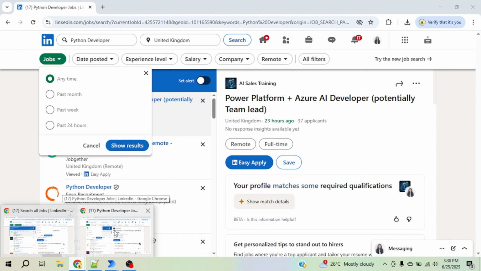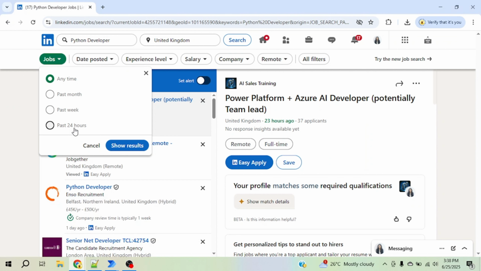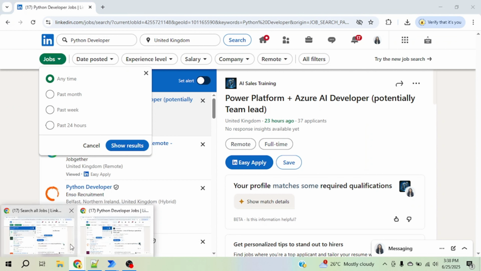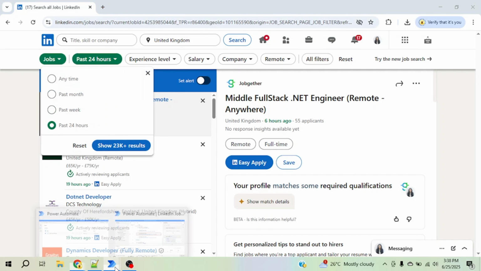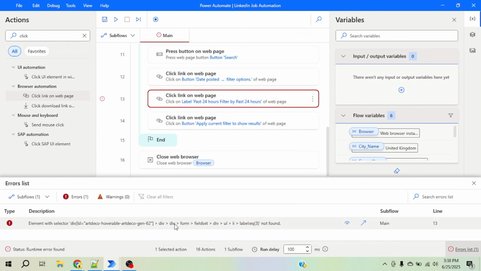But while our code is running, I think it is past 24 hours, and here it is also past 24 hours. It's the same, then. Let me see what could be the error now. Div. Okay, I think it is not finding it, or maybe the ID we are looking for is